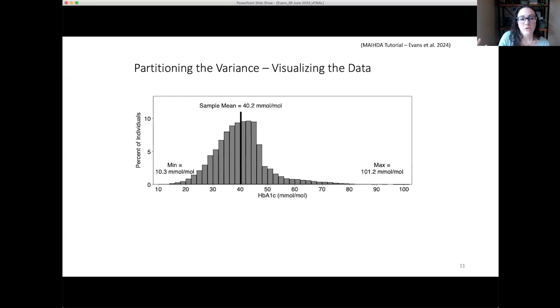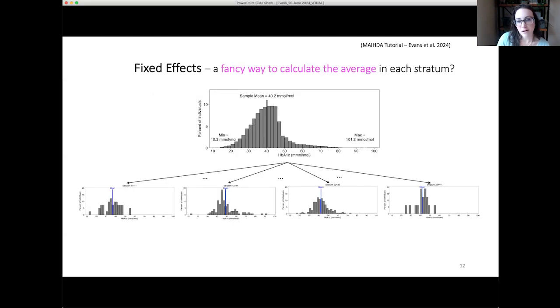So as I'm thinking about variation differently in my different models, this is a bit of a snarky question, but with the fixed effects approach, am I just taking my sample and fitting a regression model with 384 betas in it? And is that really just a fancy way to calculate a bunch of averages? Yes, it kind of is.